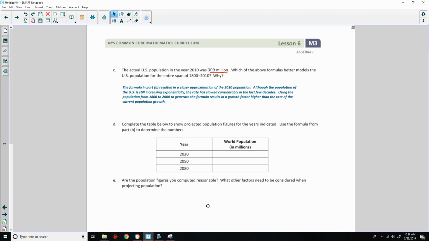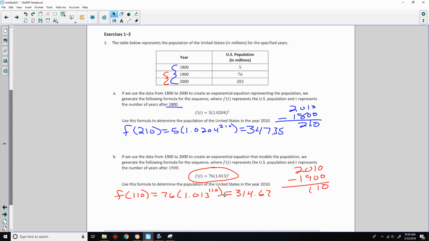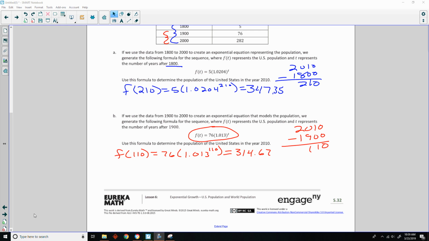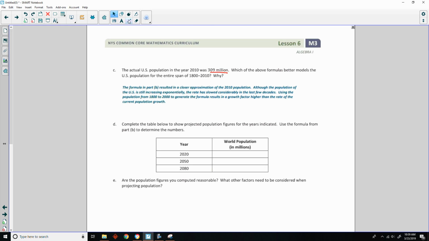So I've already done that, so I'm going to put in 2020, but remember it's years since what year in Part B? Okay, so we're going from 1900. So what I'm really doing here is taking 2020 minus 1900, and I get 120. So t equals 120 for this one. And add 30 to that, that is t equals 150, and this is t equals 180. And when I look at my table and enter those, I get